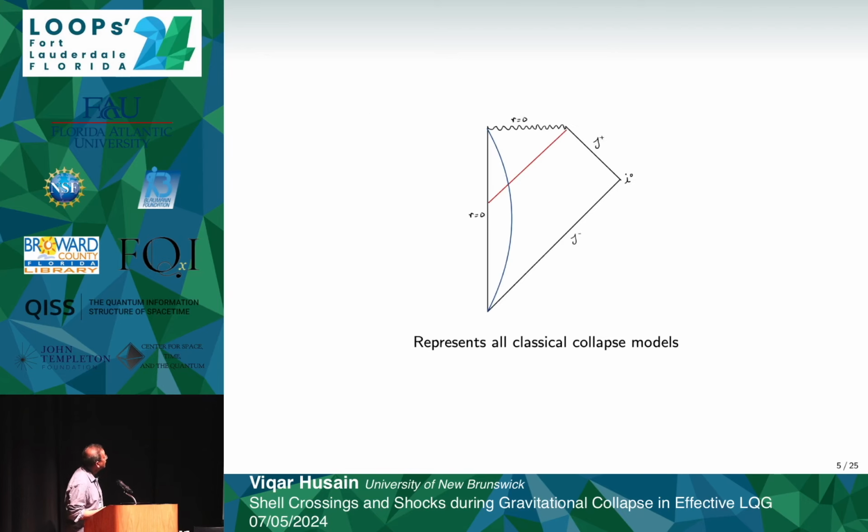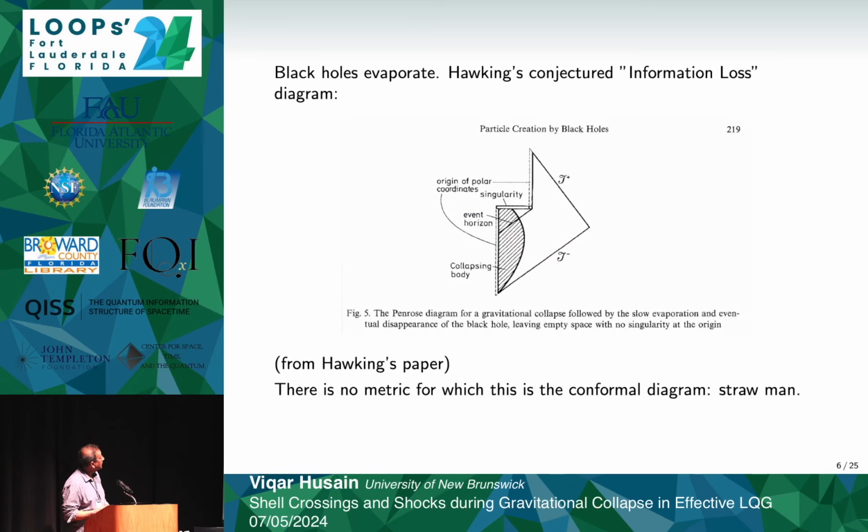Okay, so all of these, every single classical model is described by this Penrose diagram, and I think there are no exceptions when you have matter. This is the kind of collapse diagram you get with almost no variation. Now let me come to a Penrose diagram for which there's not too much evidence. And this is the Penrose diagram from Hawking's paper.